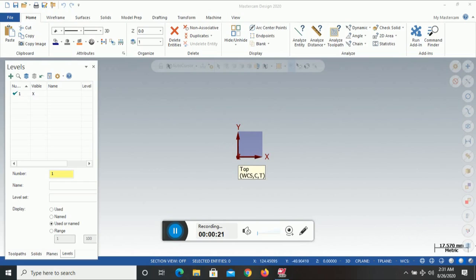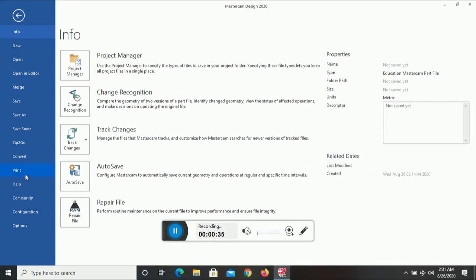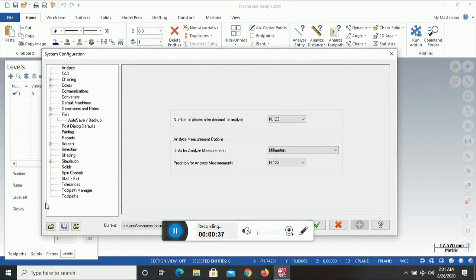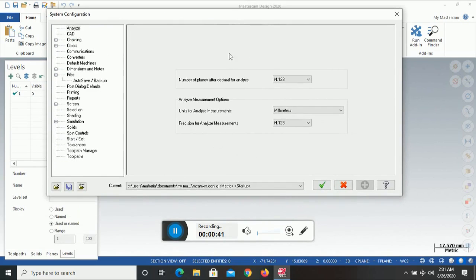How to change these dimensions from mm. Usually there are two types of standard, one is mm and one is inches. To change this from mm to inches, we will go to the configuration, and you can see here it is mm.